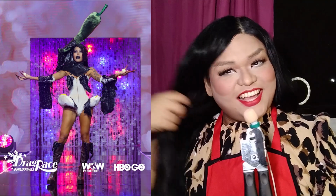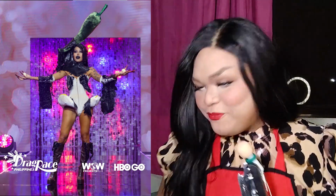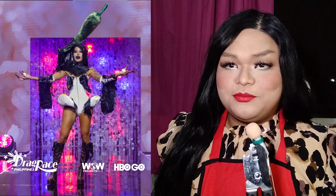I love that she also has these gauntlets with tassels on the side. It has a lot of movement. It's fun. I think it's latex actually, the black parts of the body. She has these Bratz-like boots in a dark brown to complement the look just below her knees. Now, I really, really love this outfit, and also the makeup is correct. The only thing that I would change maybe is the color of the boot, just because everything is black,